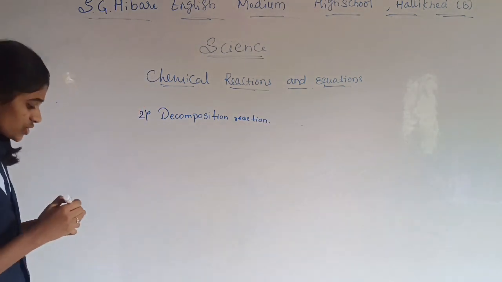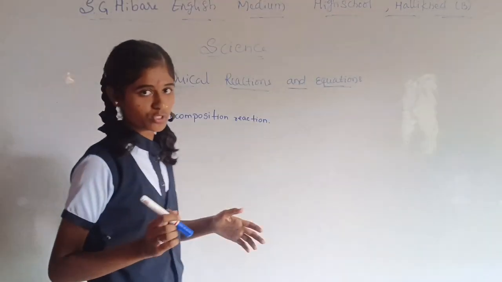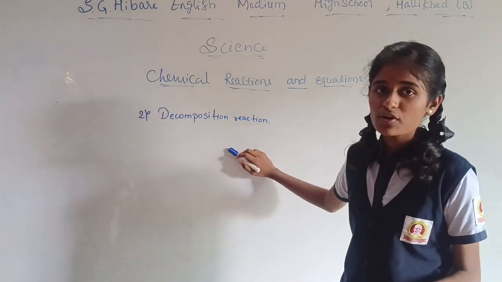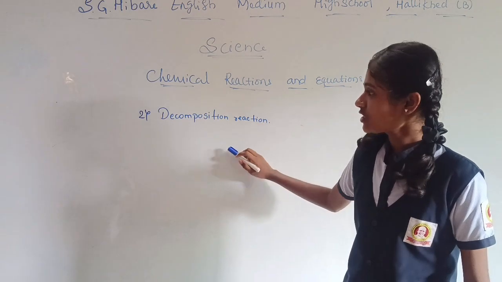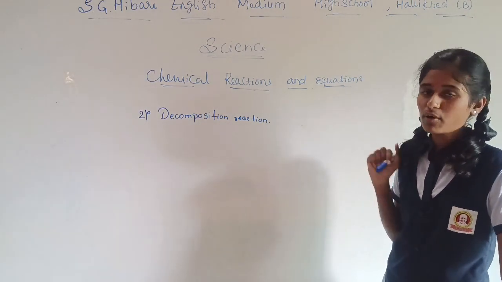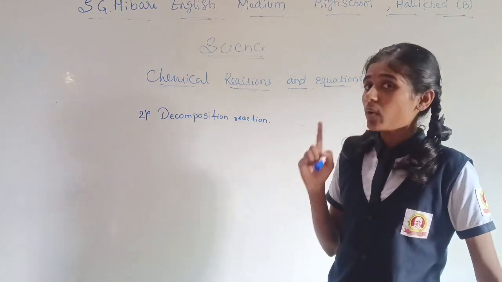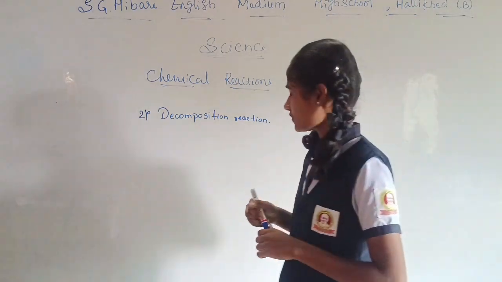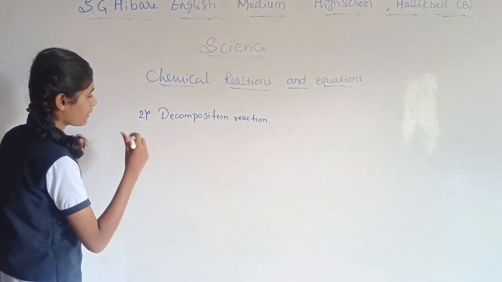Okay. So decomposition reaction, to decompose means to separate. So decomposition is the opposite of combination. As in the combination, two or more reactants are combining to form a single product, here one single reactant is dividing to form two or more products. So for example,